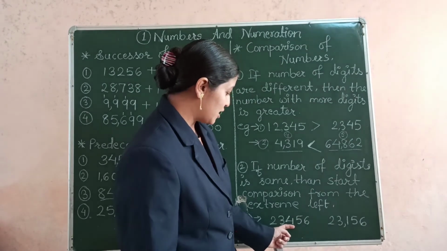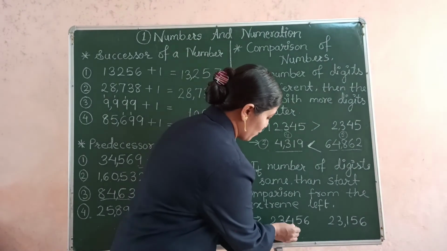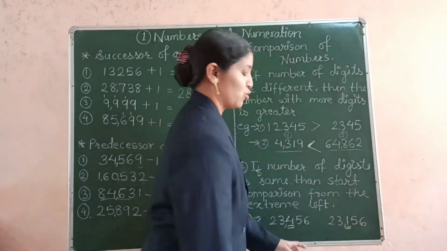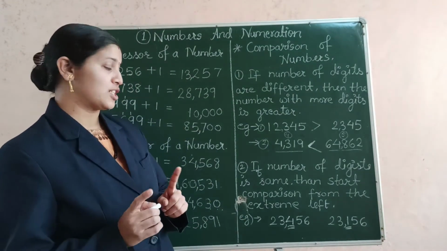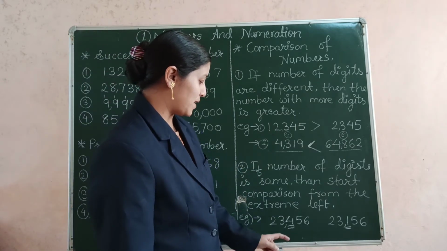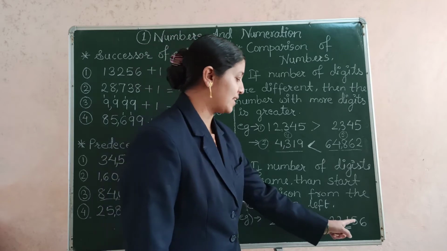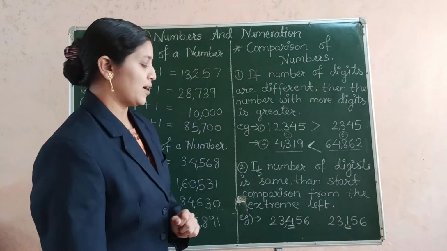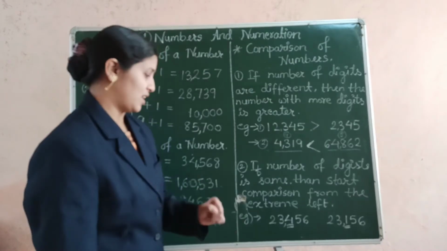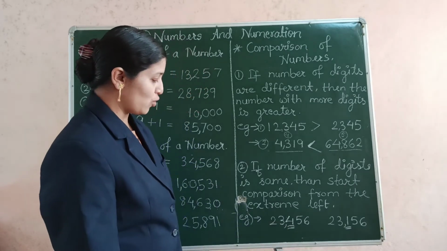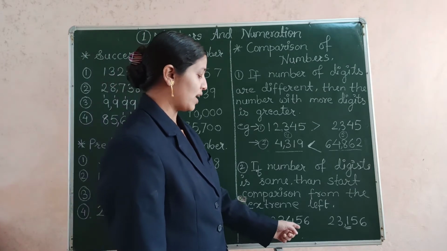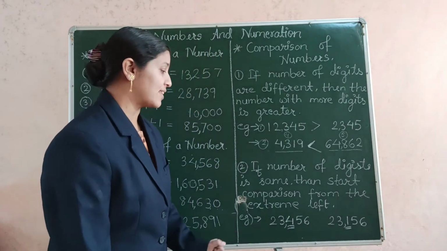Here you can see the next digit is 4, whereas in this number we have 1. So there is a difference. No similar digit is there. There is a change in digit in the hundreds place. In the hundreds place here we have 4 and in the hundreds place here we have 1. Now how do we compare it? Is 4 greater or is 1 greater? Yes, 4 is greater, and so what is understood here is that this number 23,456 is greater than